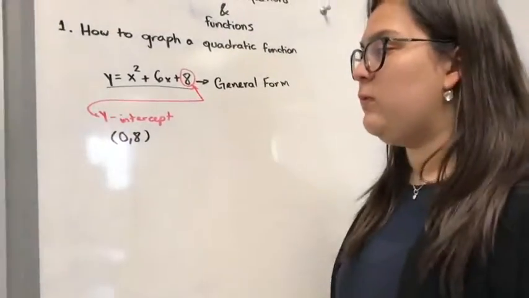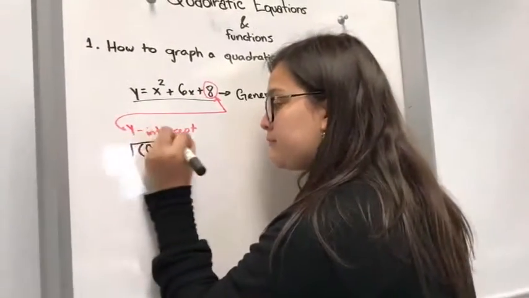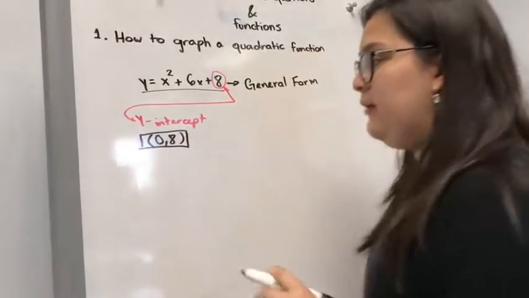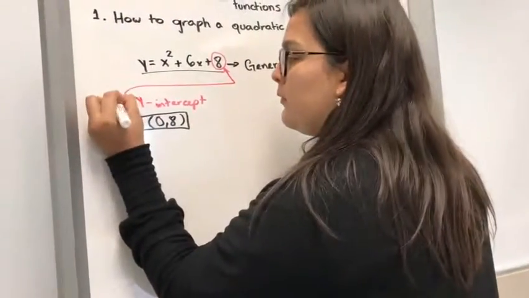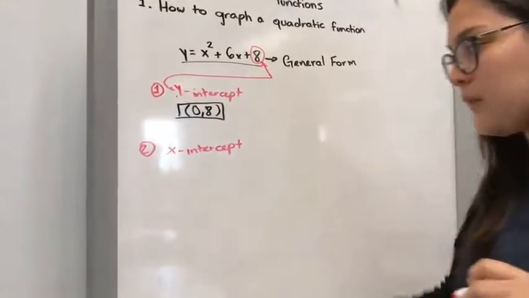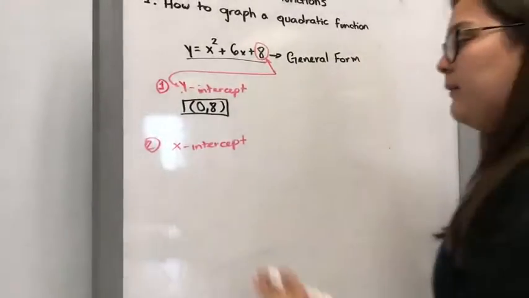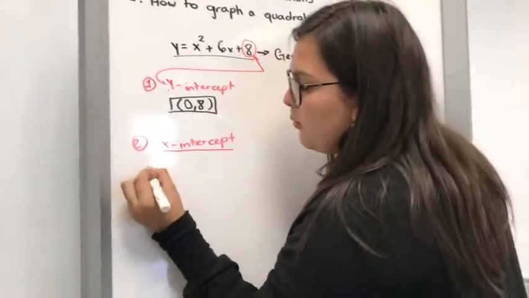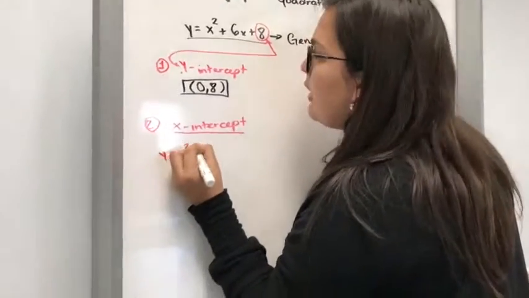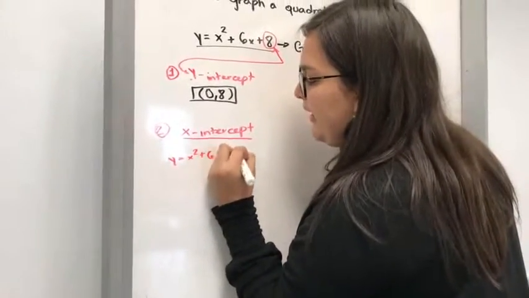Basically this will be my y-intercept. Then it's important to get the x-intercepts. The first thing I would do is take my equation, y equals x² plus 6x plus 8,